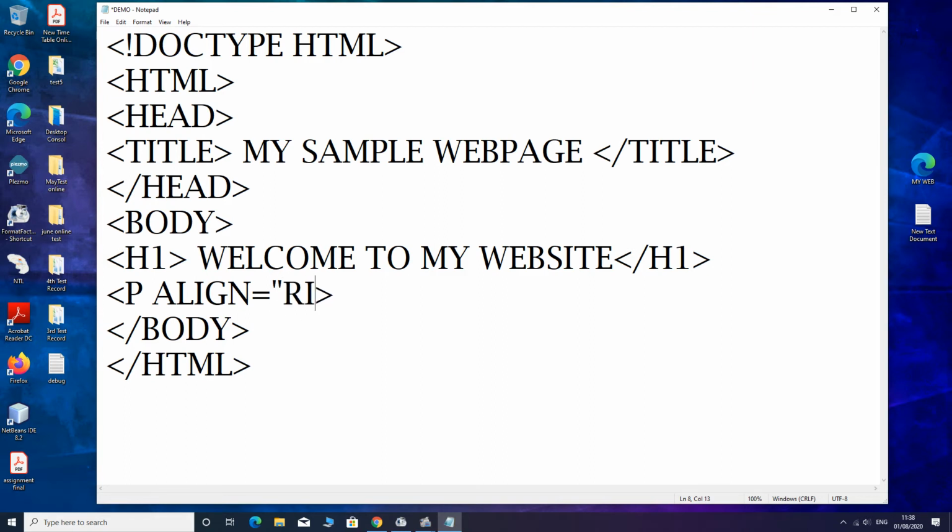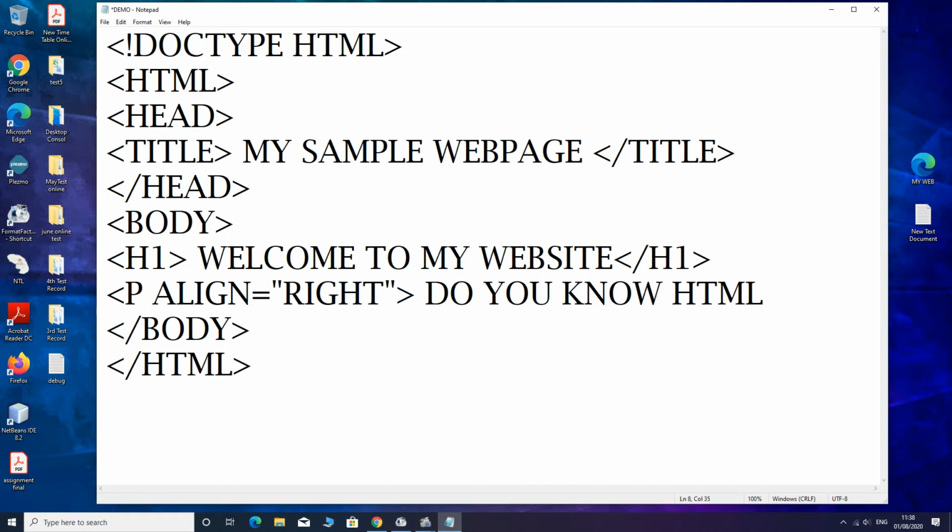Suppose we want it on the right side of the page, right, double inverted commas, close the greater than symbol, the tag bracket close, and the content of the paragraph will be: do you know HTML. Then we will close the paragraph.